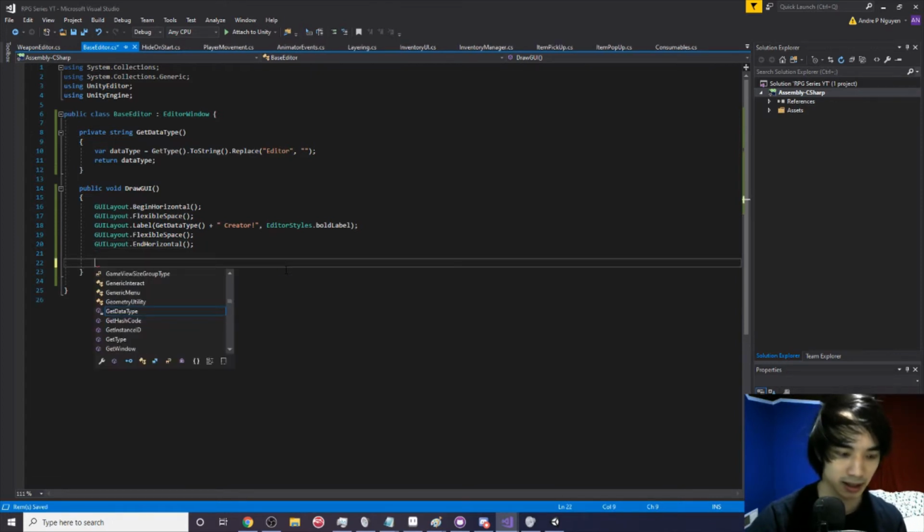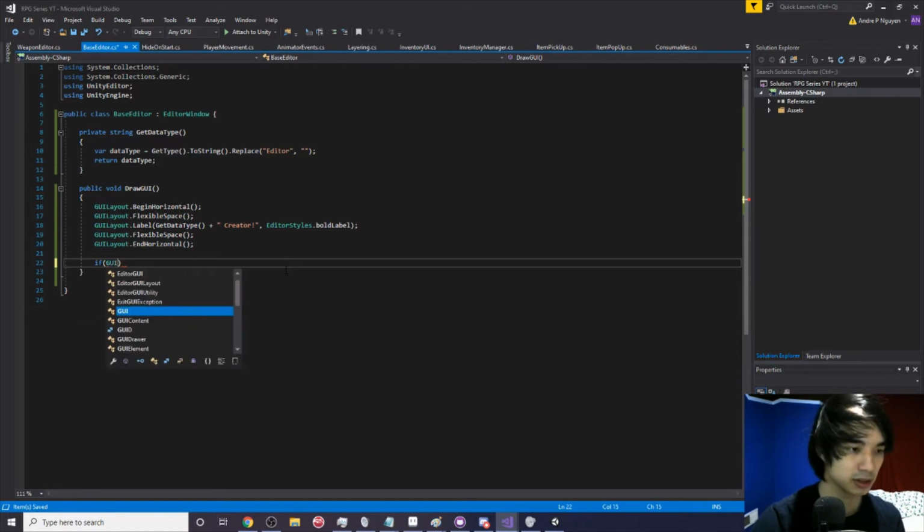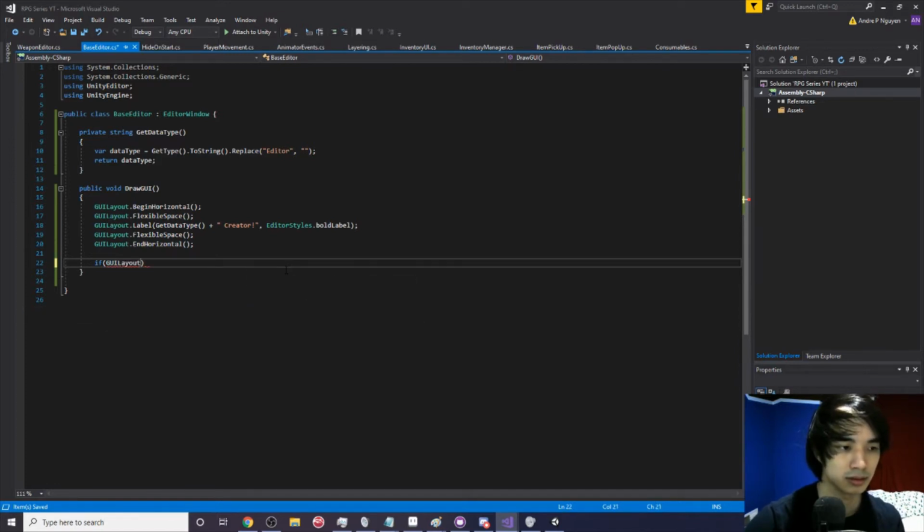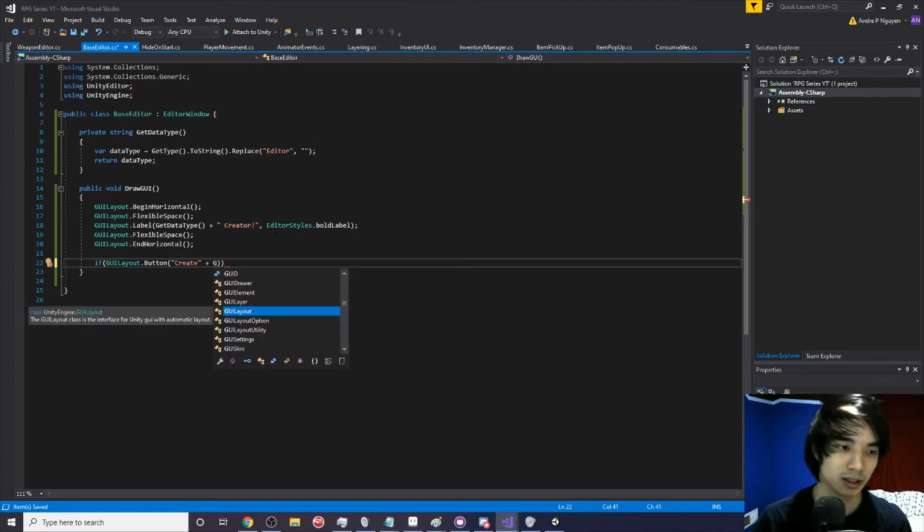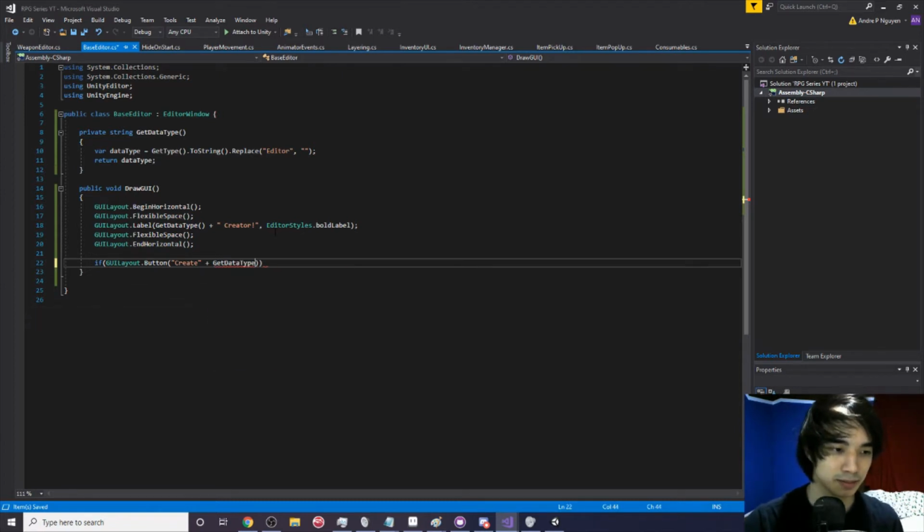We pretty much just say if GUI layout dot button, and this is where we create the button name, and this will be the button that creates the item. So let's say create, and let's say plus, and then we already have this get data type conveniently here for us. So we just say get data type,